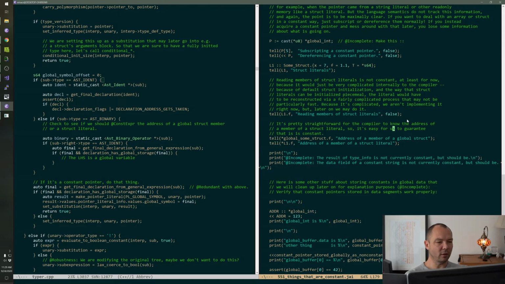Okay, so the thing that I'm dreading here: I was starting to do this code where we figure out the offset of a member of a struct. And then I realized, oh dude, we have to deal with using and all that, which is a big pain.